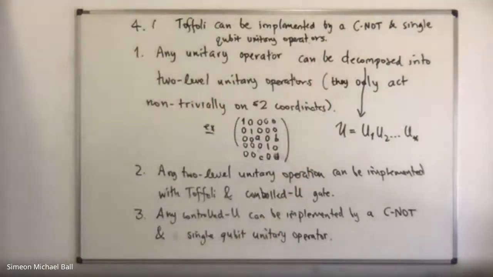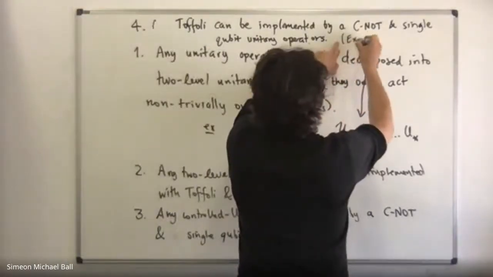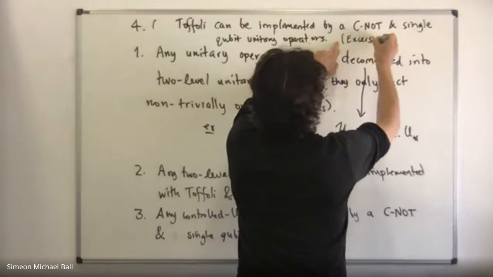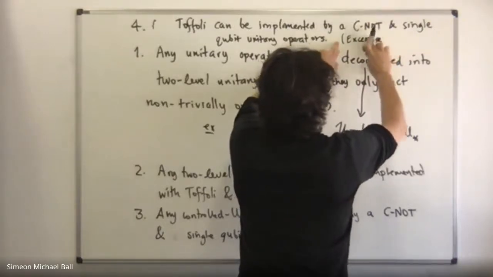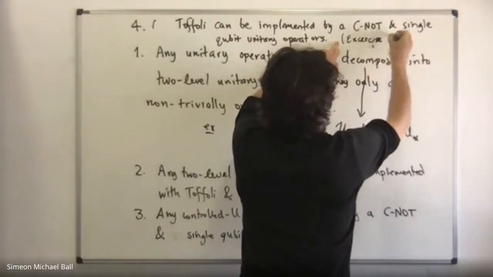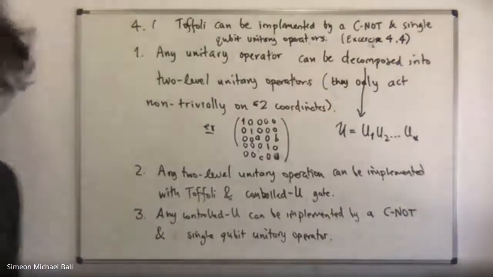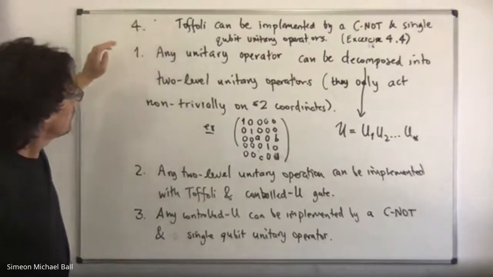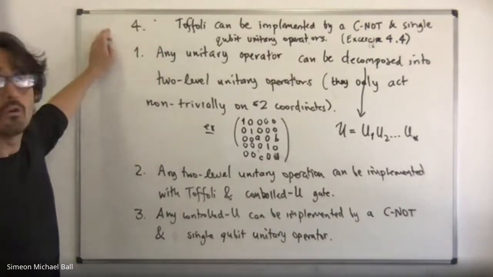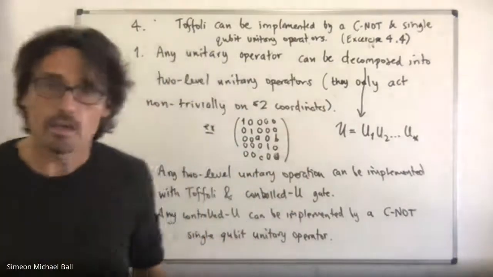Okay, so we're just going down from 1 to 4. This one I'm going to leave as an exercise. This is exercise 4.4. So that one I'm going to skip, or we'll do together. So if we follow this 1, 2, 3, 4, we see that we're already down to CNOT and single unitary